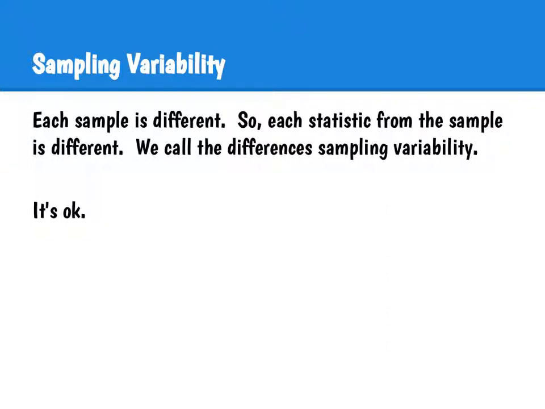We've been talking about this forever, I feel like. Sampling variability: each sample is going to be different, so each statistic from the sample will be different. So if I were to generate a sample from the Blythewood High School students, somebody else were to do it, somebody else were to do it, and we were finding the mean GPA, my sample's average GPA is going to be different from another person's. That's called sampling variability, and it's okay. It's also called sampling error, but it's not an error.